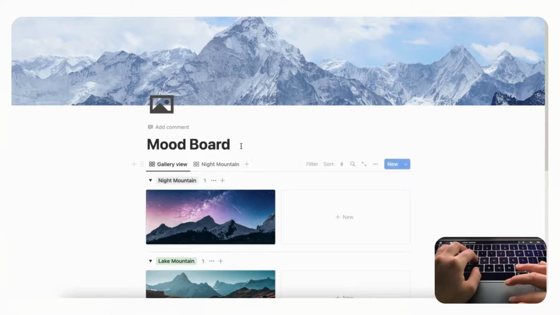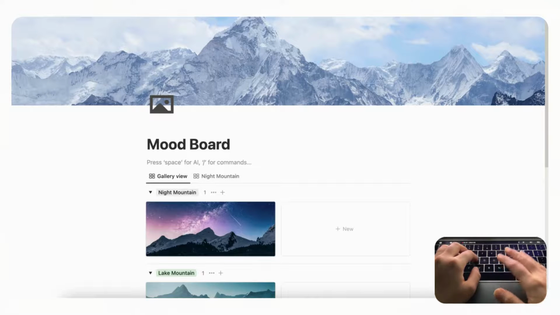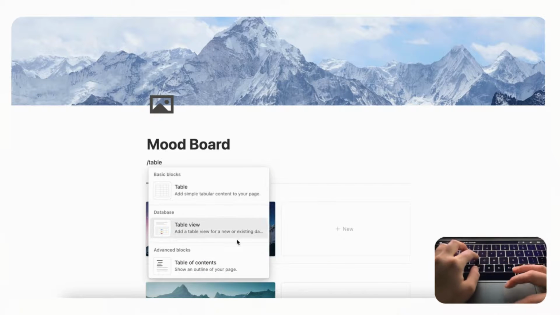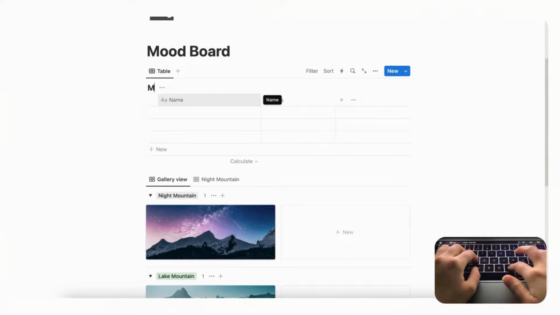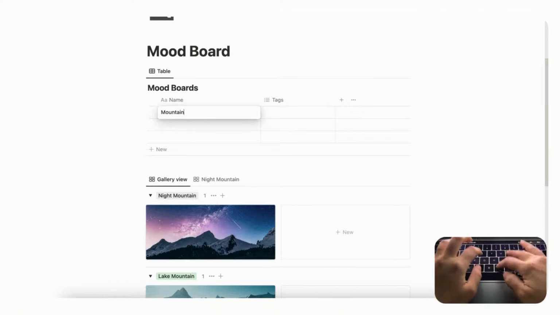And the next thing we wanted to show you is that you could also make /table and create a table view. And these could be a collection of mood boards. So we'll do mood boards instead. And inside we're going to put a mood board. So if this is a mountain mood board